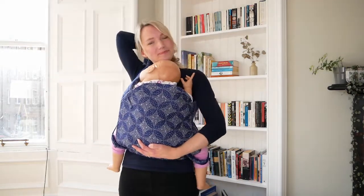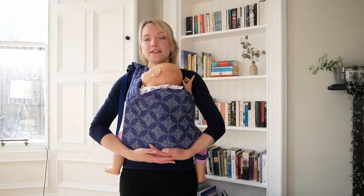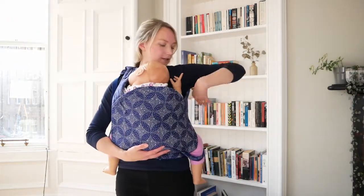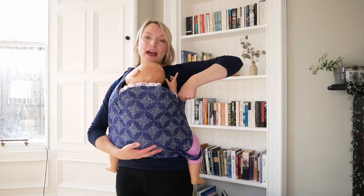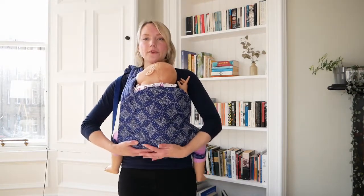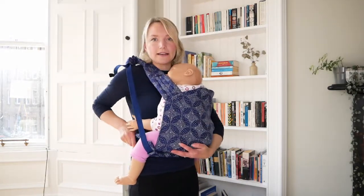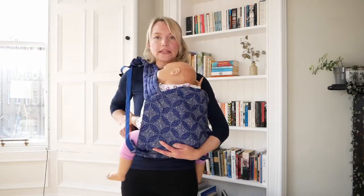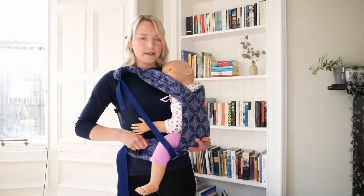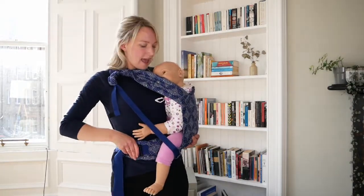Okay? So now what we're going to do is we're going to scoot her round to my back. We're going to go round to the one that's already got this strap underneath your armpit. So supporting her all the time, I am going to grab hold of my waistband and I'm going to glide her around. So I'm still supporting her with this hand, I'm gliding with that hand, and once I've got